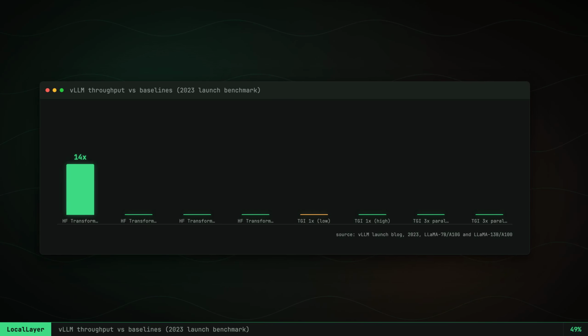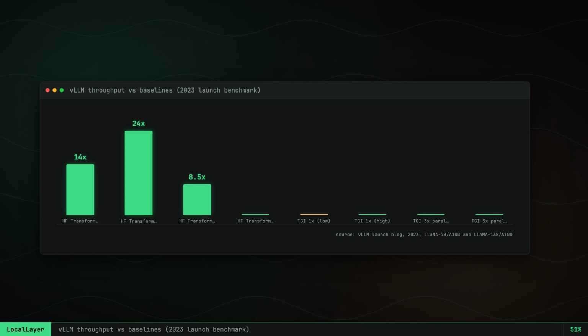vLLM's own 2023 launch benchmark, run by the PagedAttention paper's authors, is still the number people quote. Tested on Llama 7B on an A10G and Llama 13B on an A100, against plain Hugging Face transformers, single completion throughput ran 14x to 24x higher, and 3 parallel completions ran 8.5x to